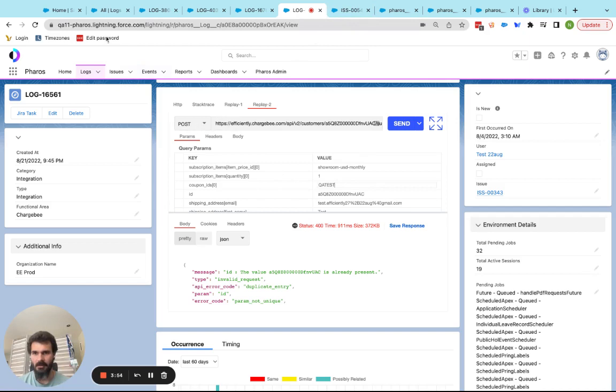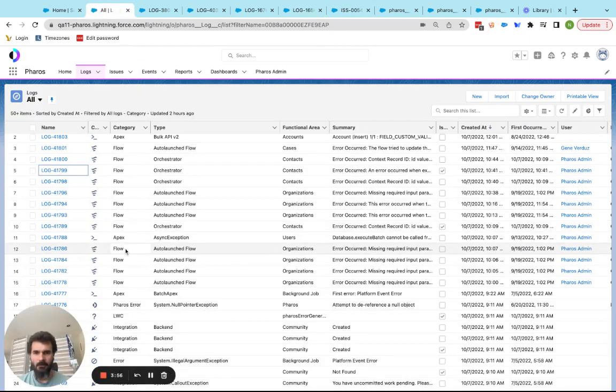Now, logs are great, and they give you a lot of info for debugging, troubleshooting, very low-level information. But a lot of times companies ask, well, I know I have issues. I know I have a lot of log records. I get the emails. What are the top issues that I've got that I need to focus on? To answer that question, we built an issue tracker. Now, an issue